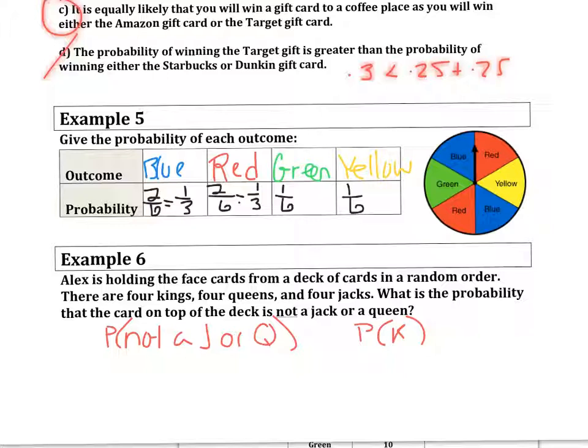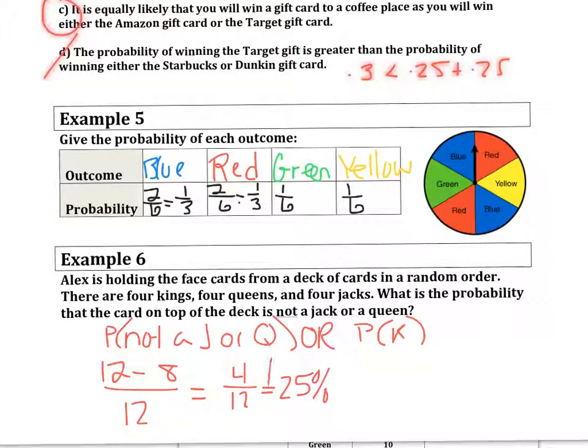You could think of this either way. If we're thinking of it as not a jack or a queen, then we would take the 12 total cards and subtract the 8 cards that are jacks and queens out of the total amount, and we would get 4/12, which of course is 25%. On the other side, if we just do the probability of a king, and we know there are 4 of them out of the 12 total outcomes, that's also going to give us